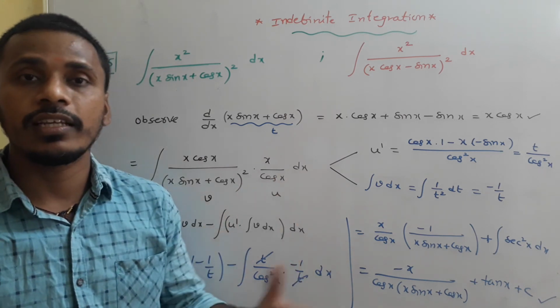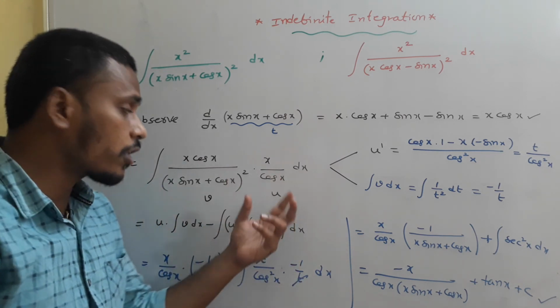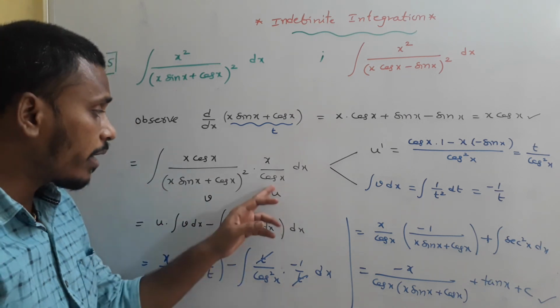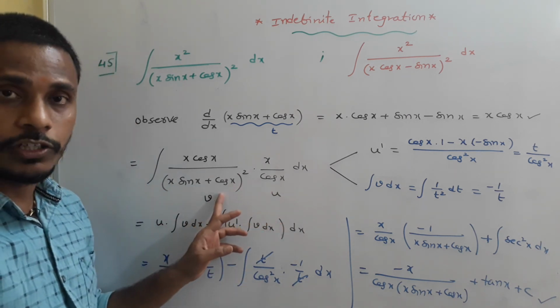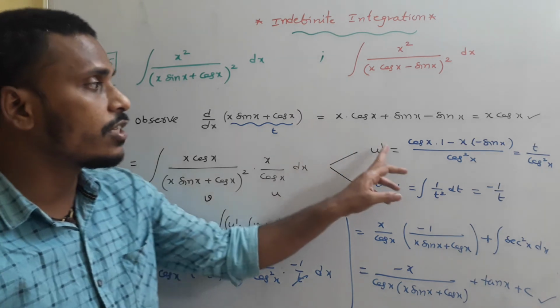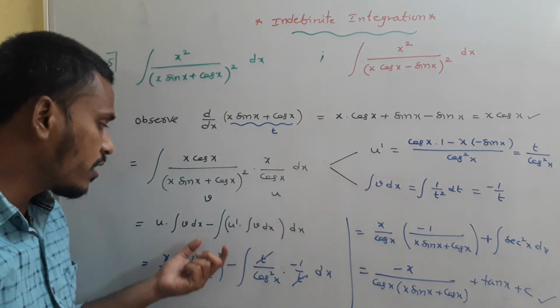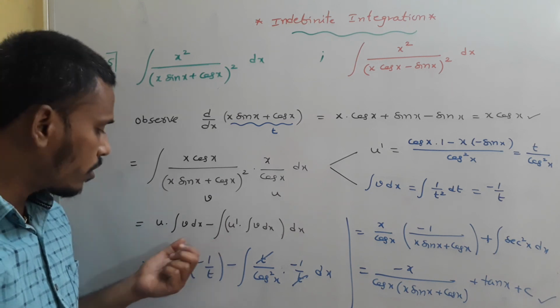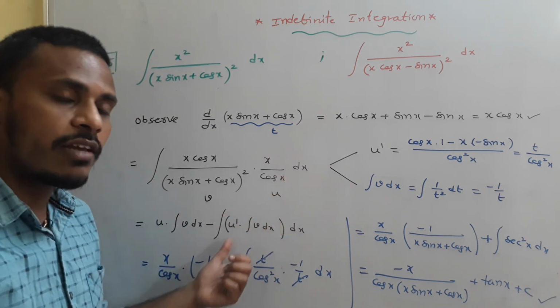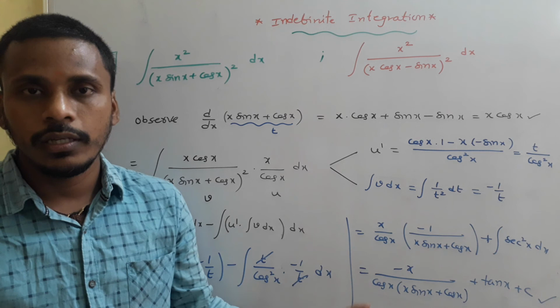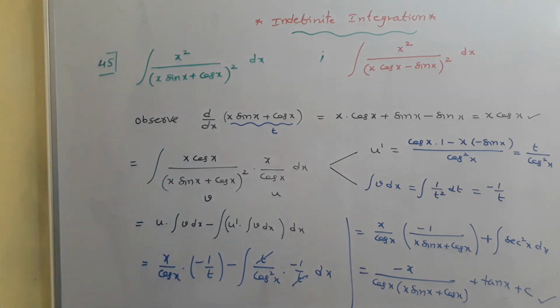After that, what will happen? We need to move with the integration by parts formula. What is the first function and what is the second function? I am taking this as the first function and this as the second function. Why? Because its derivative is easy to calculate and its integration is easy to calculate. Then use integral v dx and u dash in the integration by parts formula, and it is very simple to answer. Just have a look, this is one of the standard types of integration problem.